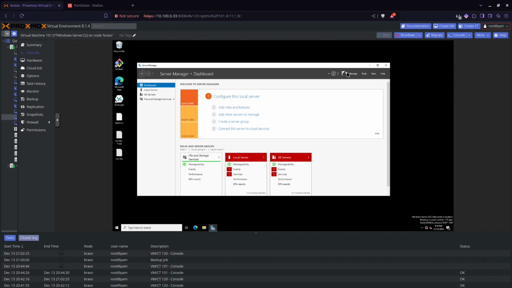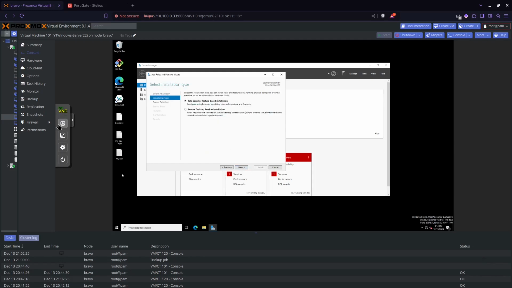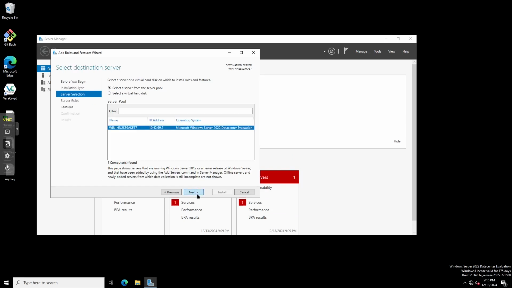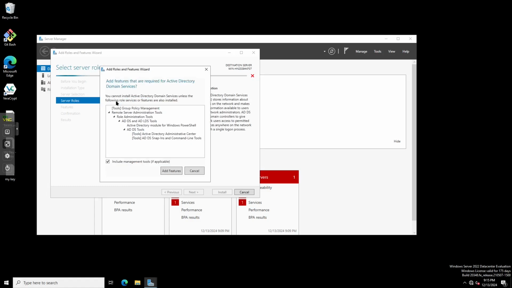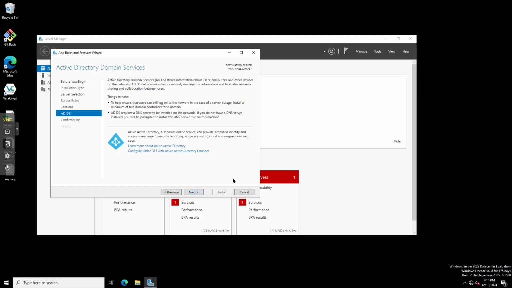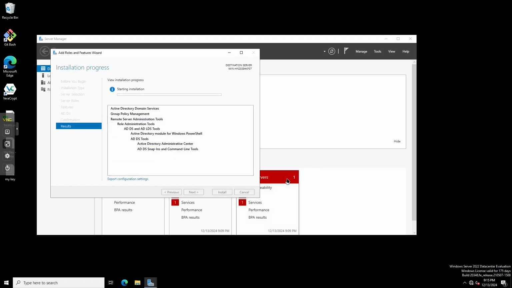service. So first, if we go under Manage, Add Roles and Features, we'll go Next. And you know what? We should just do this in full screen. There's no reason not to. Role-based or feature-based installation, and select our server. Make sure we select Active Directory Domain Services. And then next, yep, and install. Now what this will do is it'll install Active Directory and the required services onto your Windows